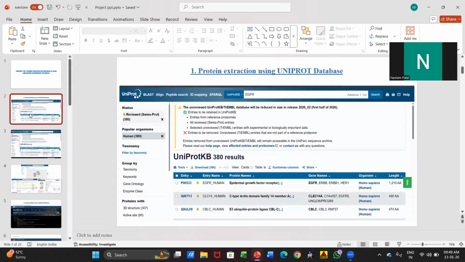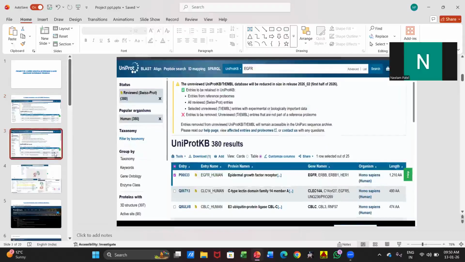Here, we first access our protein using the database UniProt. First open UniProt and search for the protein by typing its name. Here I take EGFR and there are 3 results found. On the next page, we filter by selecting reviewed and human, and we select the first one, P00533 protein, and